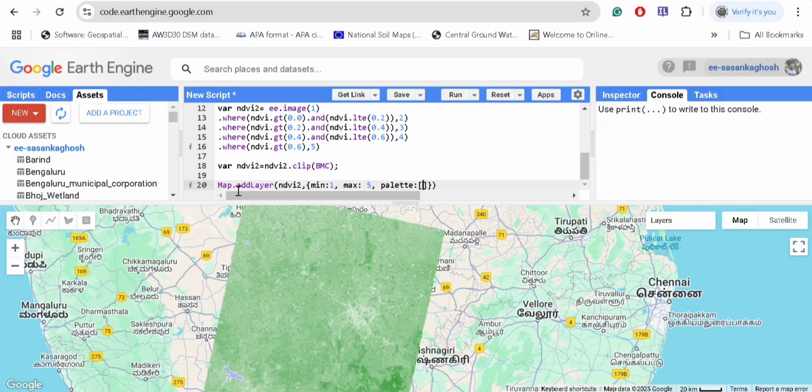As I am writing here the actual name, that is blue for the first class, red for the second class, yellow for the third class, green for the fourth class, and